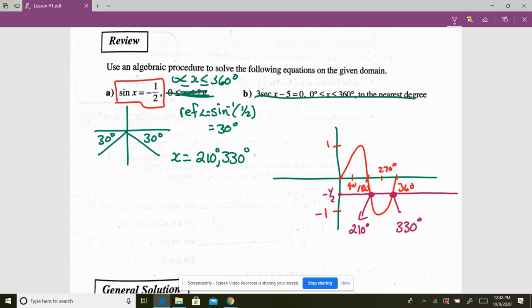Oh, and we've restricted our domain to 0 to 360. But what do you know about the sine graph if I don't restrict the domain? It goes forever in both directions, right? So if it goes forever, what's going to happen? You're going to get more answers, right? In fact, you're going to get an infinite number of answers, because it can go forever in both directions. All of those answers